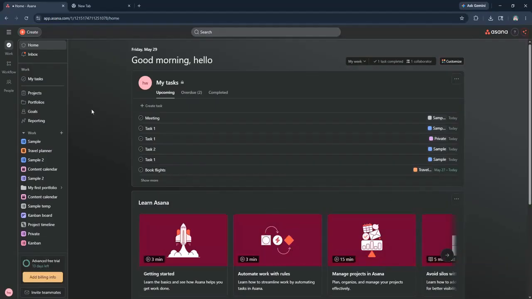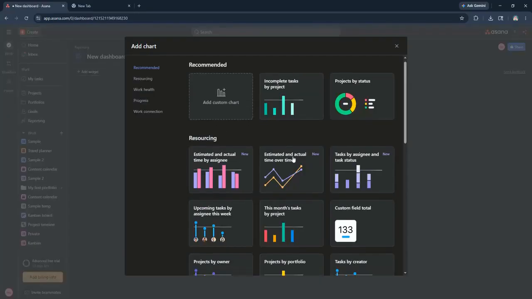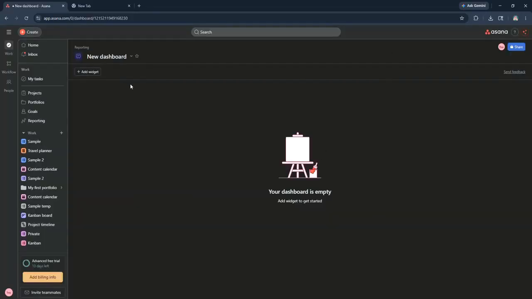First, open your web browser and go to Asana's website, then log into your account. Once you're in, navigate to the left-hand sidebar and click on the Reports tab. This will take you to the Reports page where you can see various report options. You'll find pre-made reports that Asana provides, which can be very useful, but if you want something custom, click on